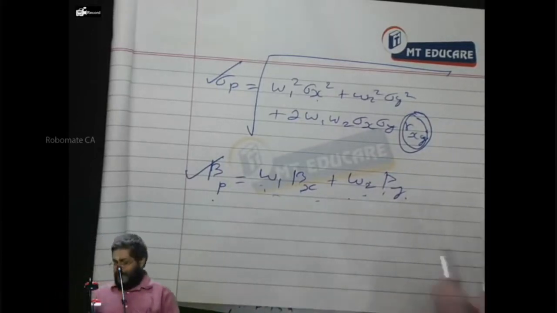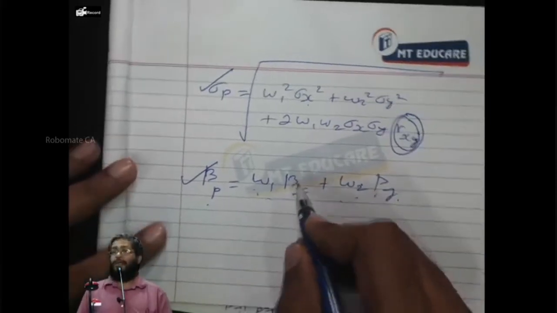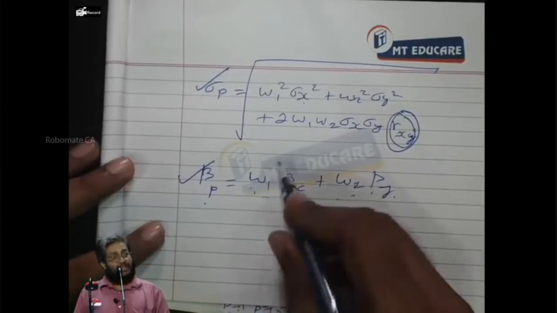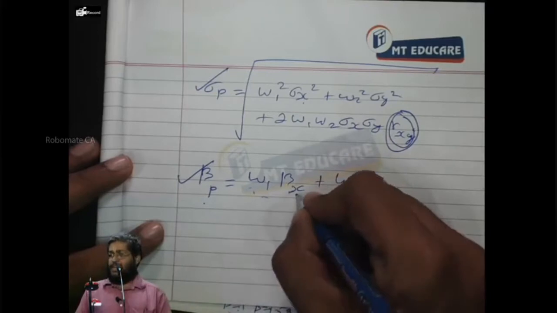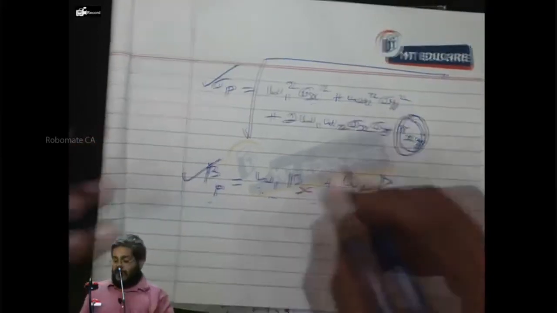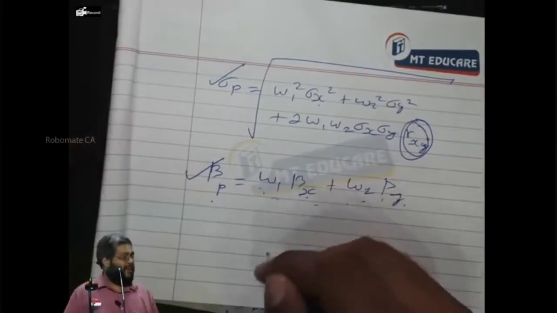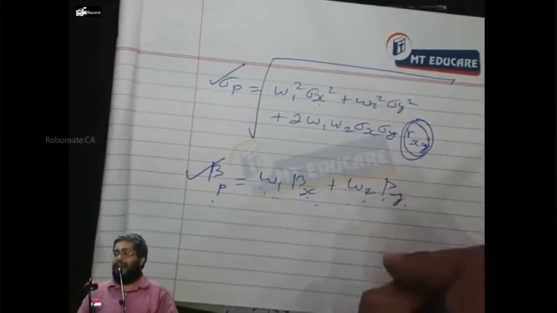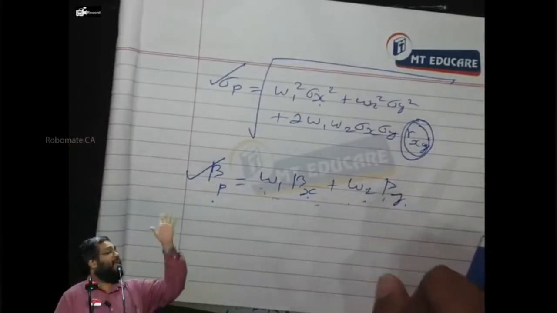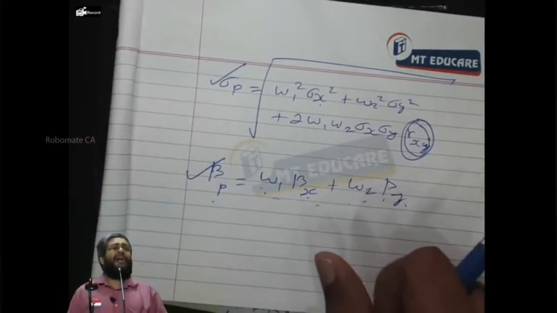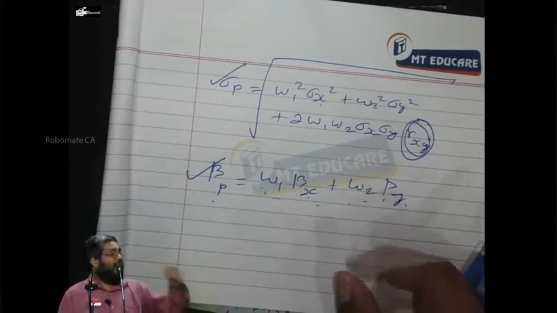That is why I need not correlate X and Y. I have already correlated X and market using beta. What is beta X? Sigma S by sigma M into the correlation of S and M. So the correlation of X with the market is found or not? Yes. Like that, this beta Y has the correlation of Y with market. X with market I have correlated. Y with market I have correlated. In that case, the X and Y correlation is also automatically established to the extent of systematic risk. Any other correlation between X and Y apart from this is due to specific factors between X and Y and not due to